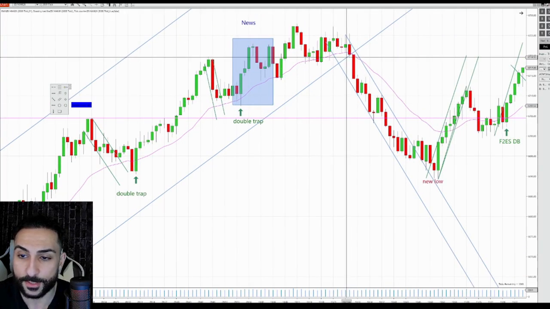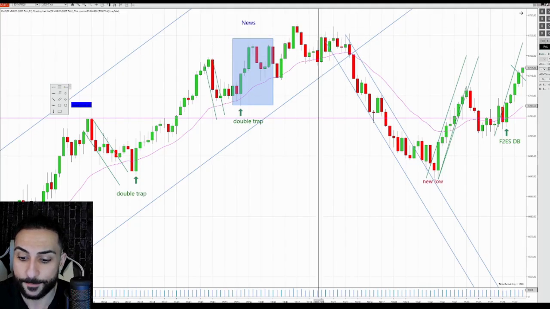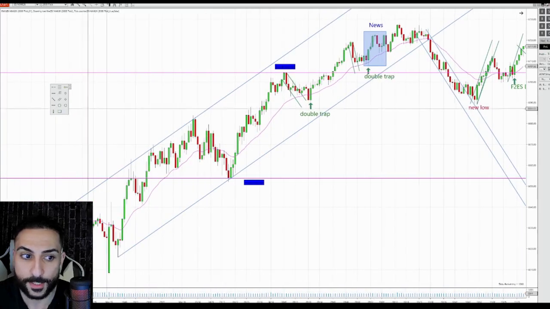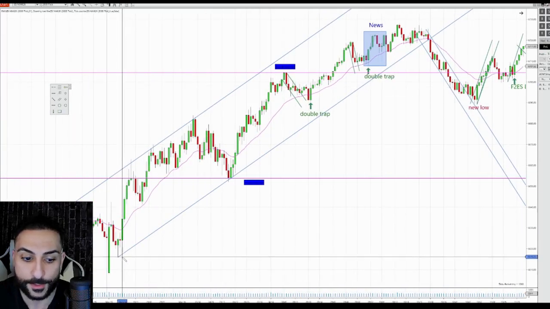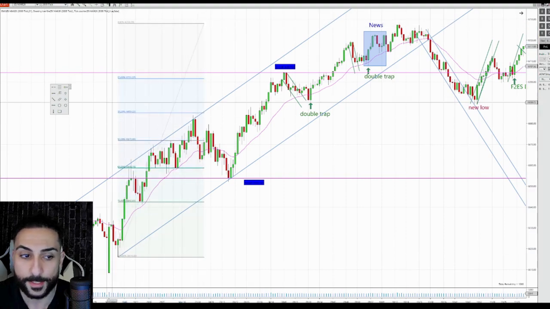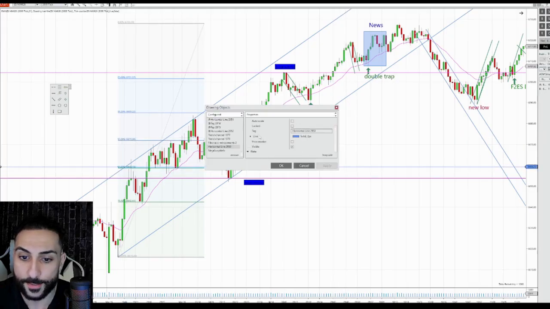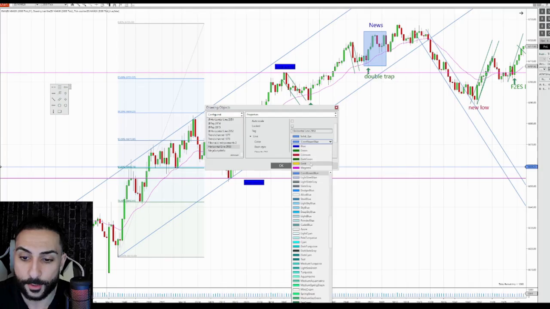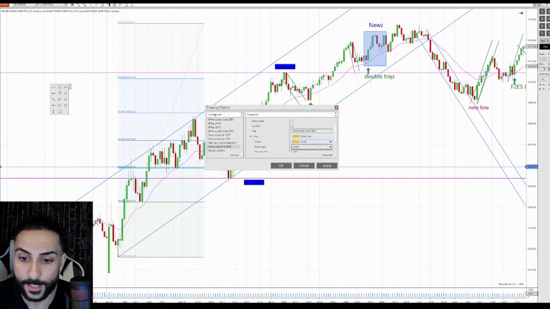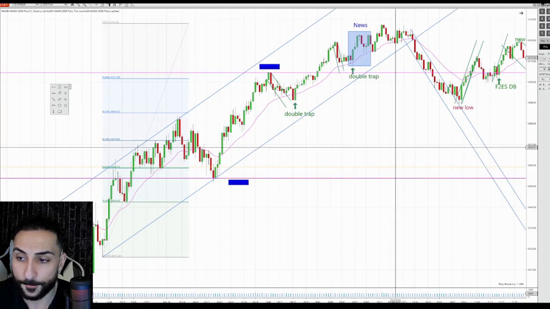Now, once this trend line broke, I did expect prices to test a new high, but it didn't. And just a rule of thumb, what I like to do is I like to get the Fibonacci retracement. It's pretty simple. Start it from the lowest point to the highest point. Now, if we pass the 60% retracement, then we can forget about going long and for prices to make a new high. But as long as we're above it, I will still have a bullish bias